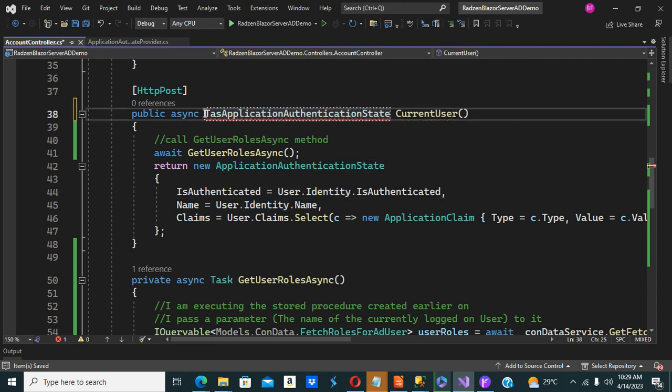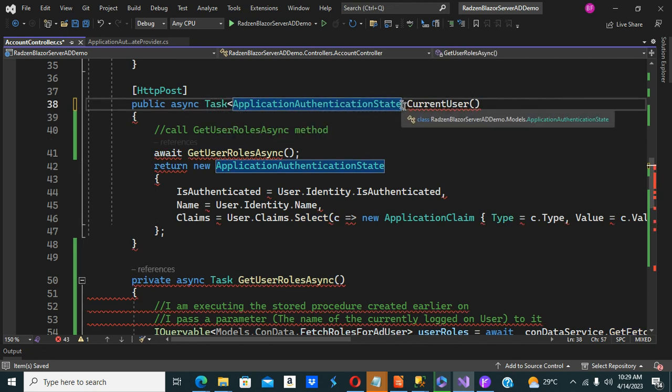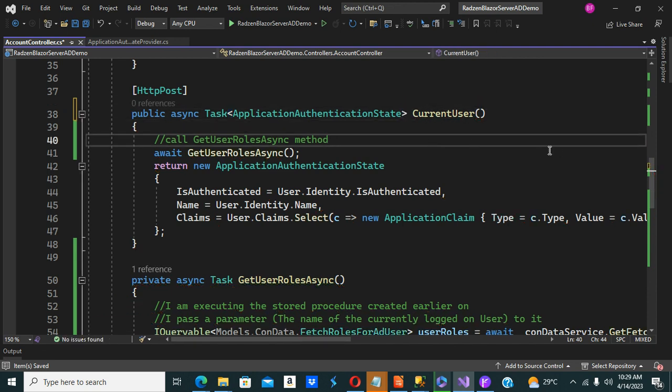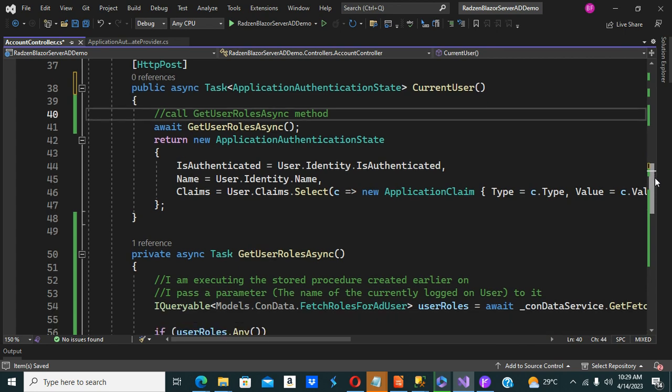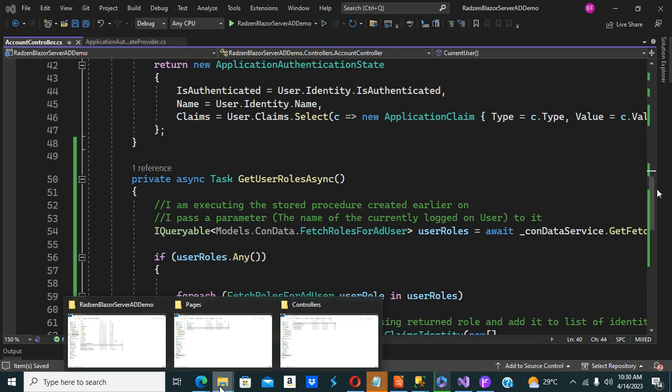I'm going to change this method to Task of ApplicationAuthenticationState. So that's all we'll do at this level. Now the next thing I'm going to do is